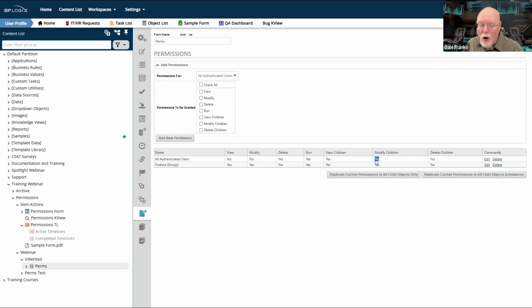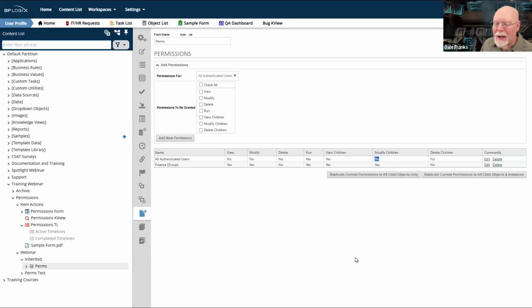However, if you are a process participant, you're a process user, and you are running in a current user task, Process Director is going to give you all of the permissions you need to complete that task. So you will be able to edit that form. You will be able to submit it. You'll be able to probably remove information from the form. You won't be able to delete the instance, but you will be able to make any changes that you need to on that form.